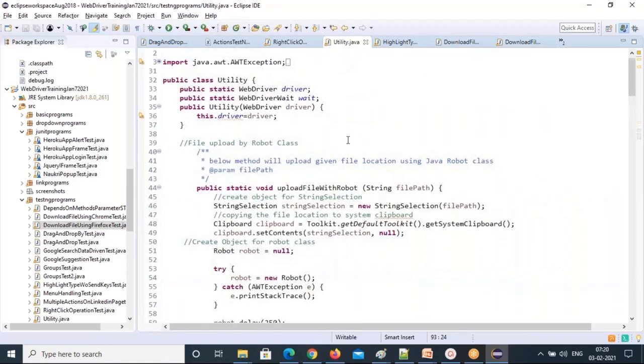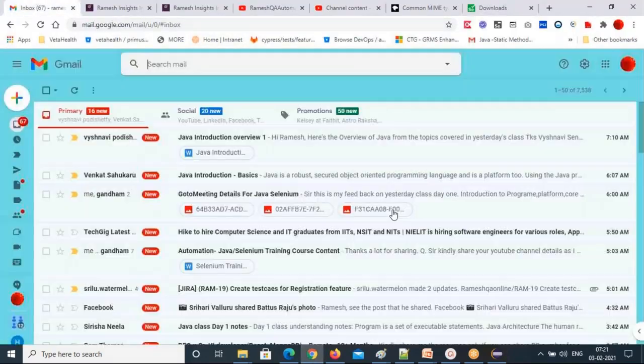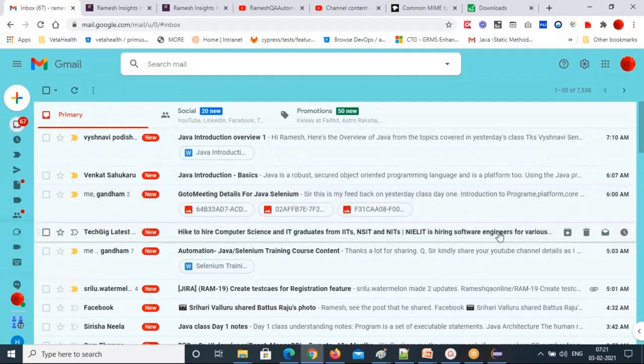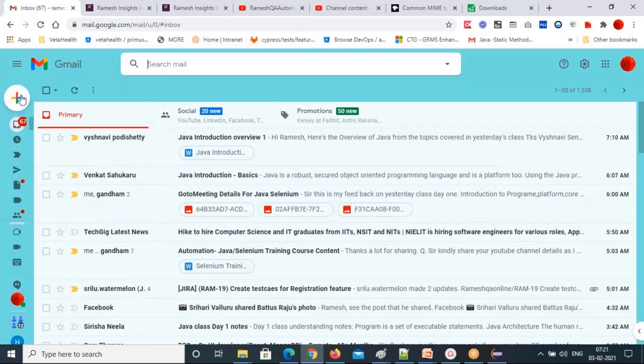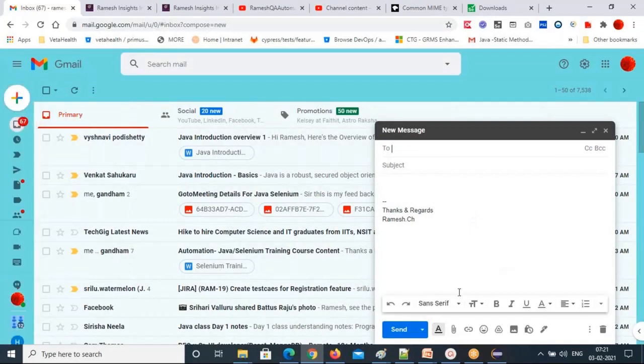How to upload files using Selenium. If you want to upload files in Selenium directly, you don't have any provision, because when you click on upload or attach file, it will open a window.